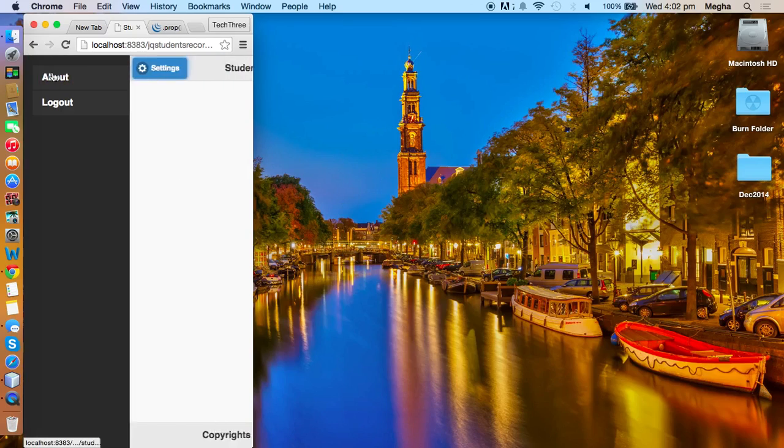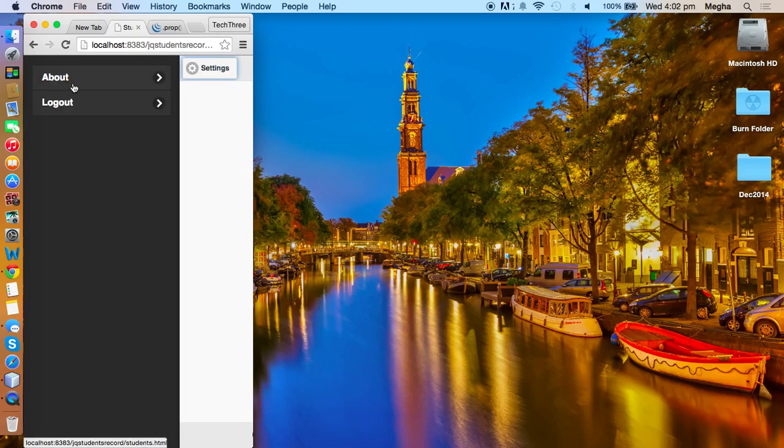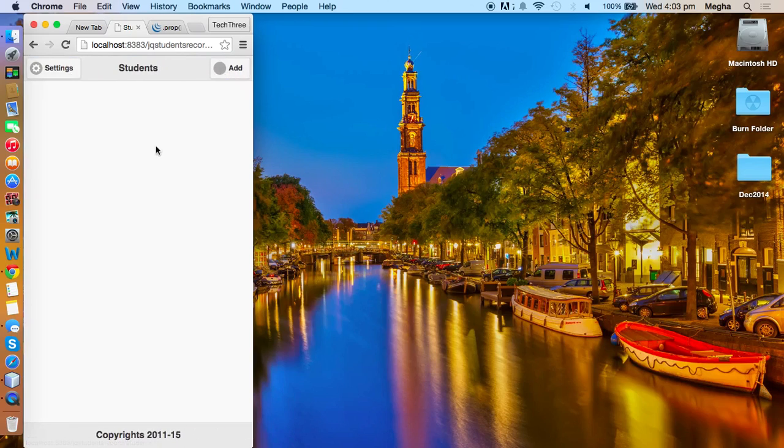Okay, and this about, it's a little more tricky again. It is going to bring back the registration screen again, so the user can change the username, password, and other settings. So that is for about. Maybe logout will log out the user. Maybe simply go back and clear the data. And